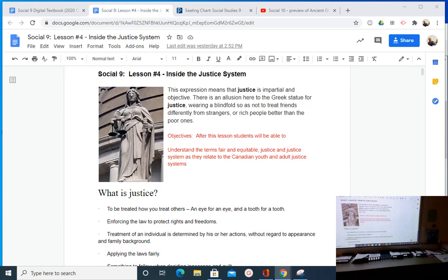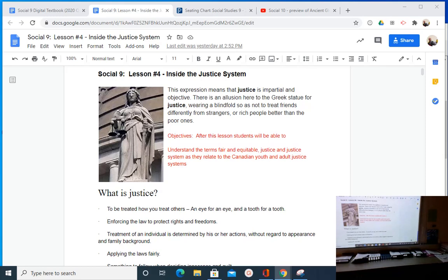This is our final lesson on Inside the Justice System, Chapter 2 of our textbook, and it just gives us a last chance to take a look at our online lesson, Lesson 4, that can be found in our digital textbook. Today we'll also have an opportunity to review some of the big rocks of this lesson and this chapter before our evaluation on Monday. Now, Monday is not an exam, it's an evaluation. But what the evaluations are doing for me right now is giving me feedback so that I can best determine which stream you are in, and then once we get to the exam, which exams you should be writing.